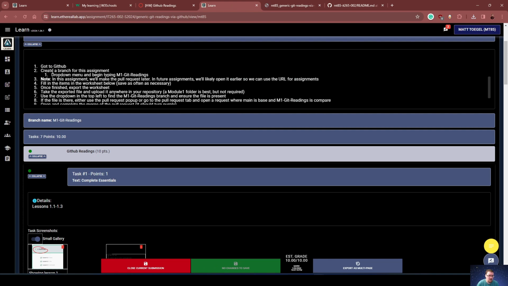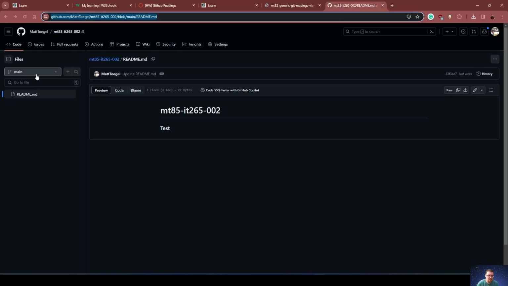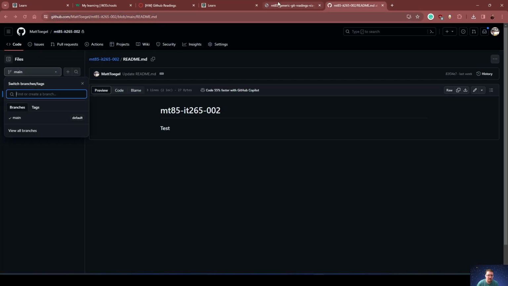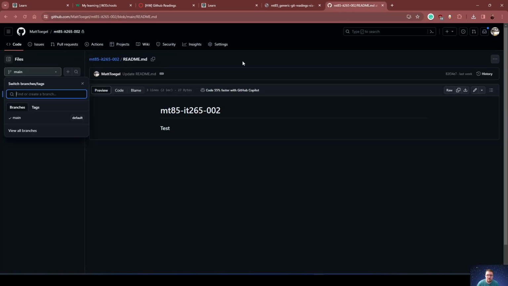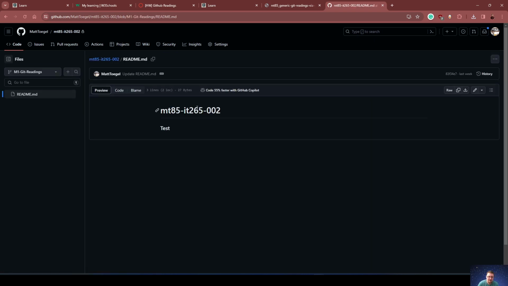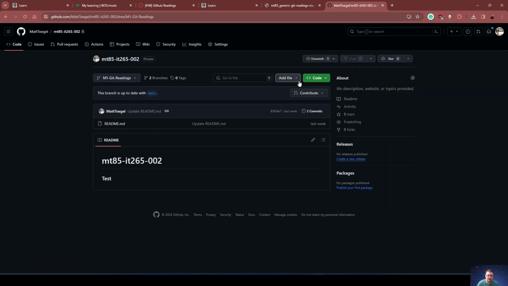So we're going to go and create a branch. We're going to go to the branch dropdown. I forgot what the branch is called. The branch is called M1 Git Readings. So we type the branch name, and it's going to ask us to create it. This creates a new timeline so we don't impact anything on main. So it has a copy of everything, and I'm going to go to my repository here, and I'm going to